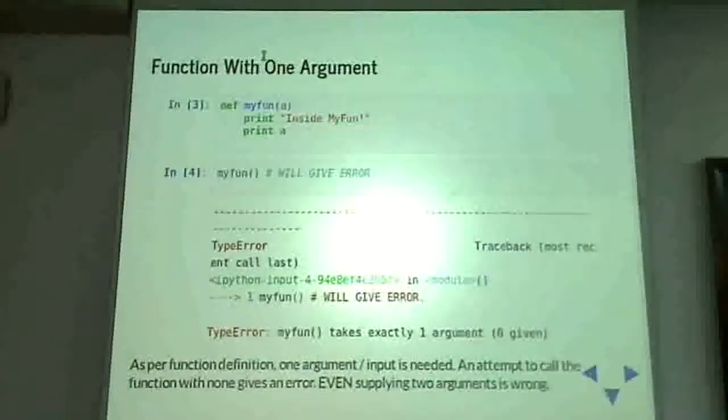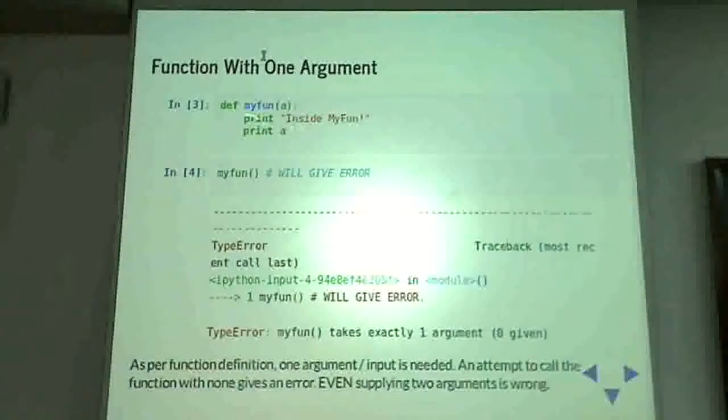Okay. So let's see a more complicated function which accepts one argument. The way I do that is, this time in the parentheses, I'll write down the names of the variables or the placeholders for the arguments. So a here is the placeholder for one argument.